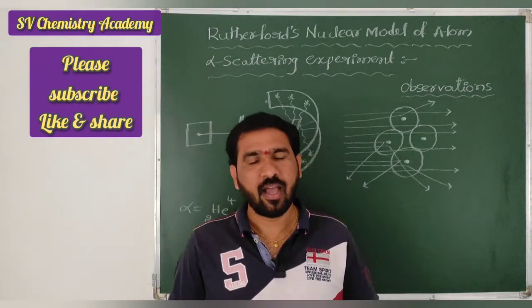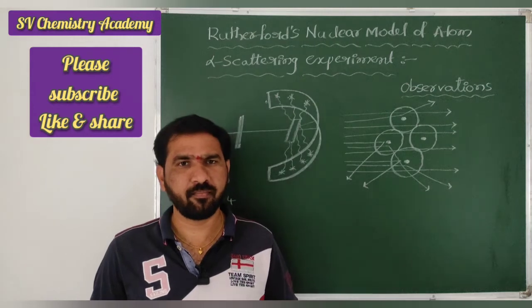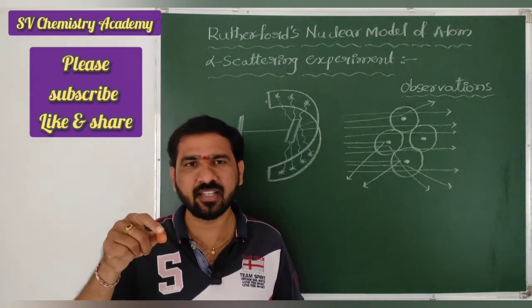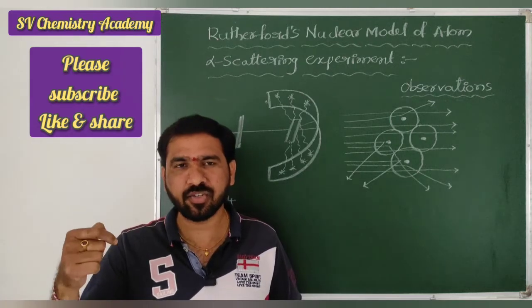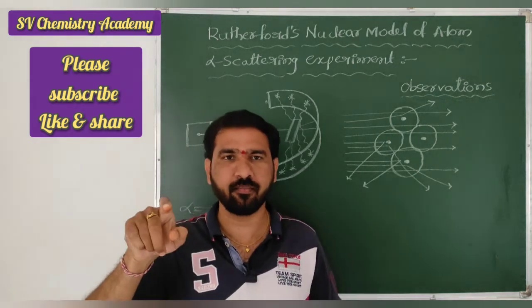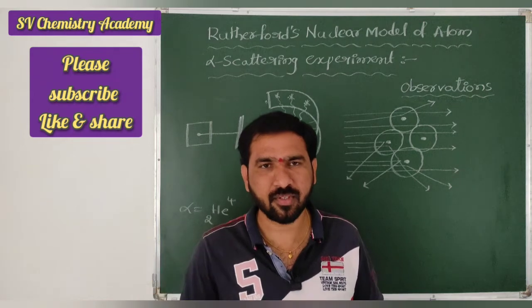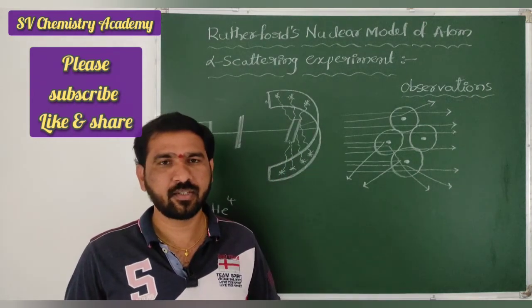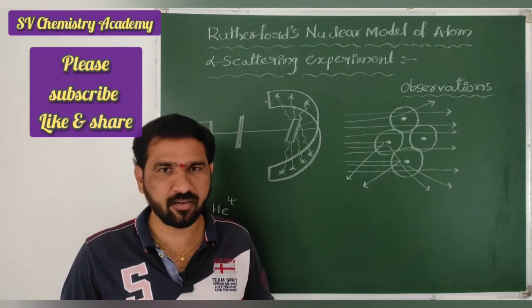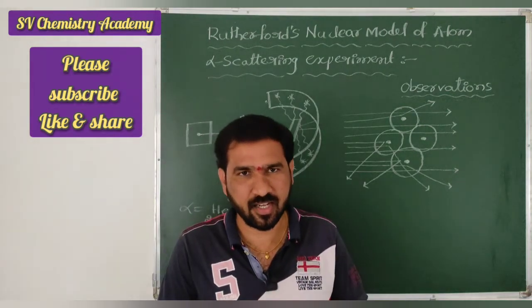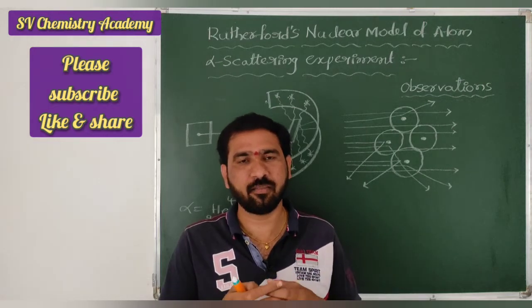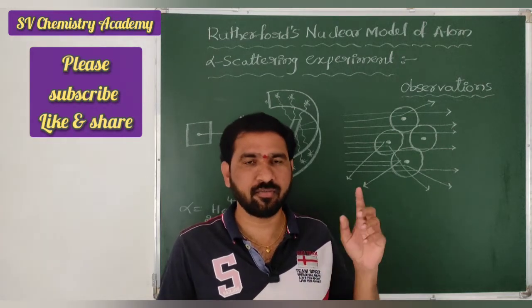Is it clear, beta? According to the Rutherford model of the atom, there is a central point, the nucleus. Around the nucleus, electrons, which have negative charge, were revolving. Is it clear, beta? So this is the Rutherford model of the atom, isn't it? In this model, one mathematical formula is also there. Using one problem, we will discuss the mathematical formula given by the scientist Rutherford.